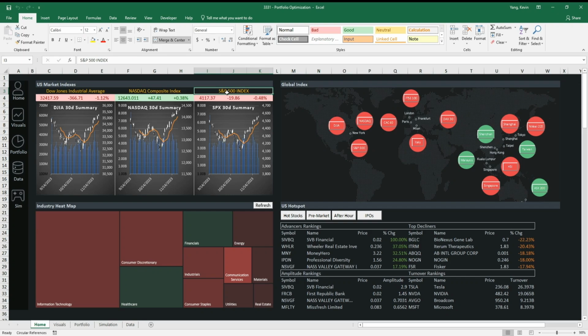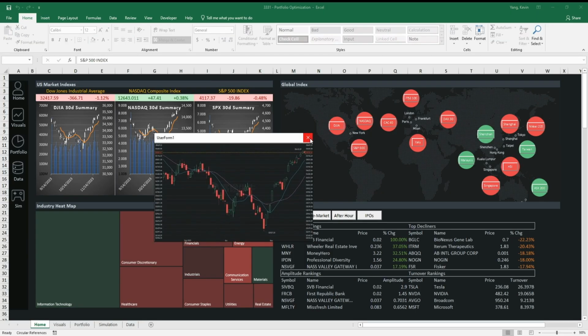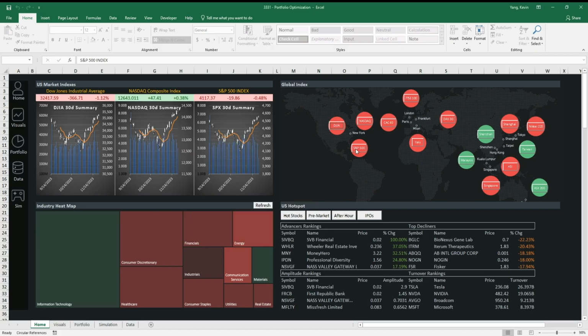last few months. Below, we have an industry heat map, which displays the performance of various industries. The size of the boxes is based on their market cap, and the color indicates their performance. On the right-hand side, we have a global index map that visually represents the major stock indexes around the world. Users can interact with this map by clicking on the circles representing indexes like Dow Jones and S&P 500 and